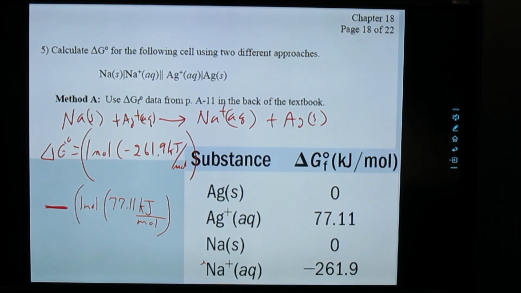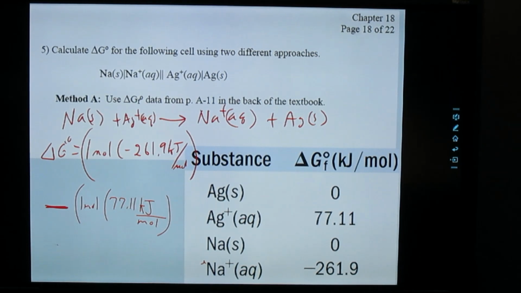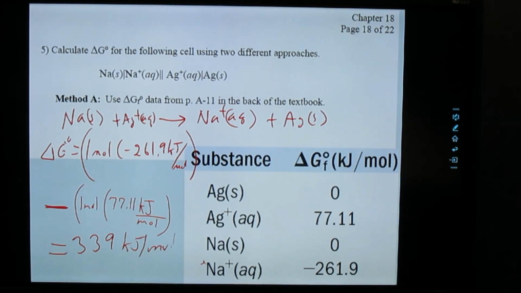Double check my notes. Negative 339. I just rounded off. I guess technically it's negative 339.01, but I just called it, forgot my negative there. Sorry, it's negative